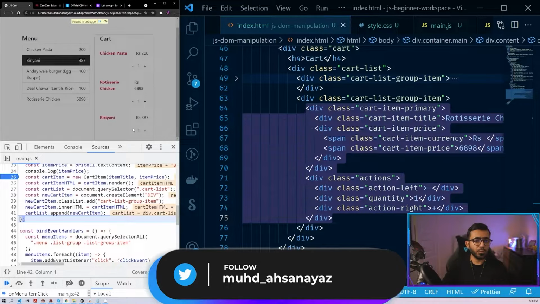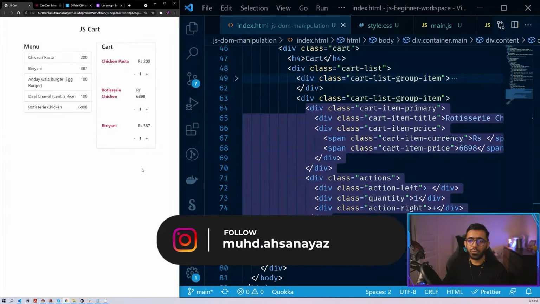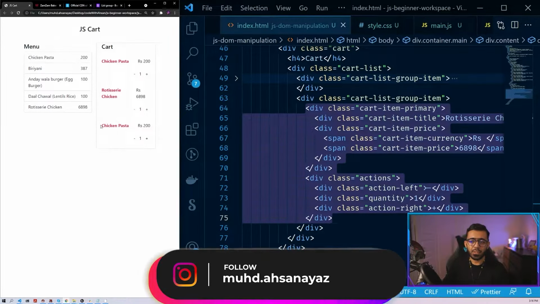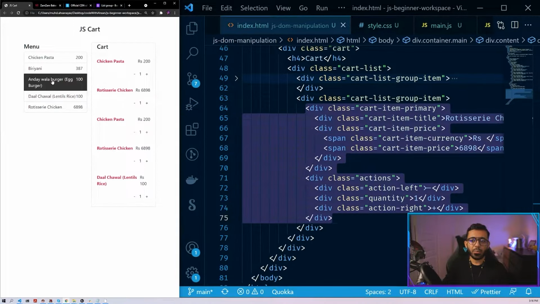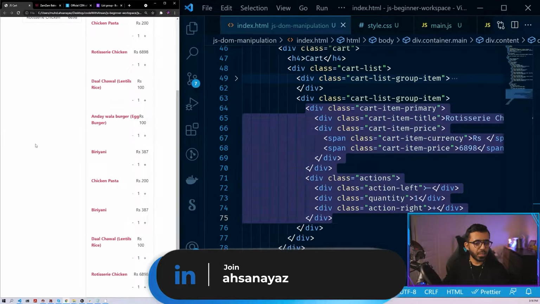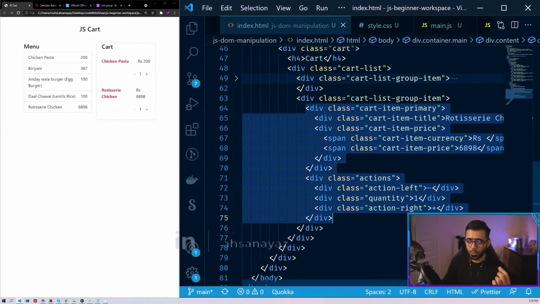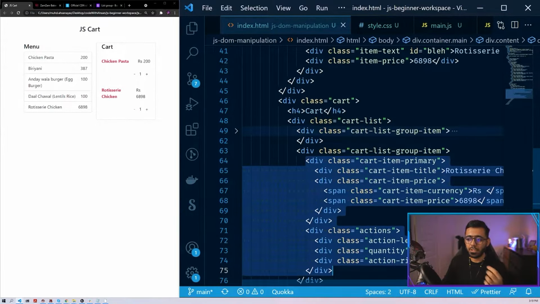Yay! So that is what we were trying to do. If I close this and show you, if we click chicken pasta, we get chicken pasta. If we click roti sari chicken, we get that. If we click dal chawal, we get that. If we add more things, you can see that this works with all of those. How cool is that? So we need an identifier of some sort that we can use for these whole elements,